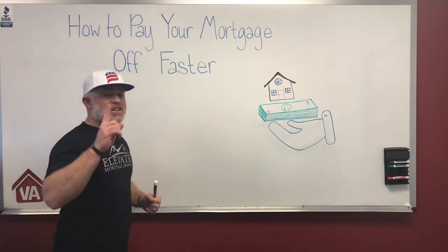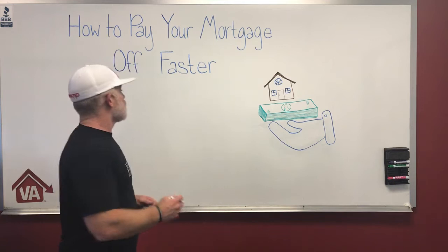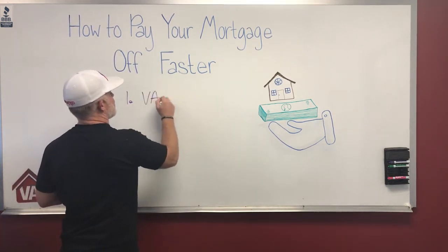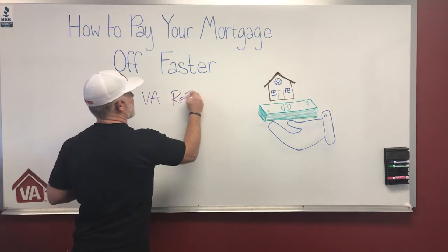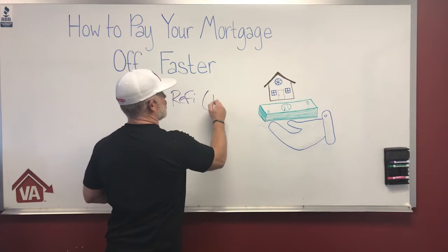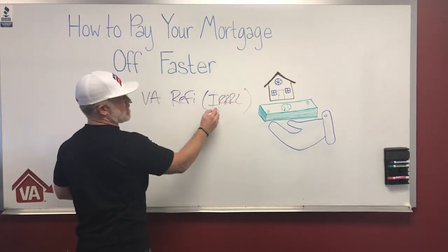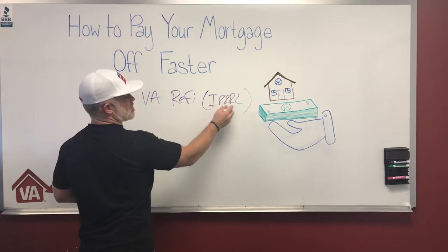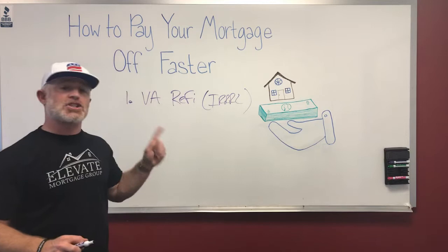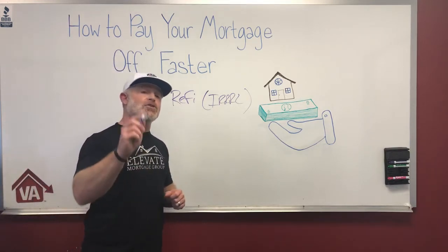So, probably the number one way to pay off your mortgage faster with Low VA Rates is through a VA refinance. Okay? A lot of times we refer to the IRRRL, which stands for Interest Rate Reduction Refinance Loan. Okay? Any type of refinance is for sure the fastest way to pay your mortgage off quicker if you do something